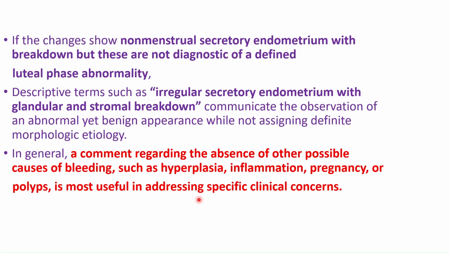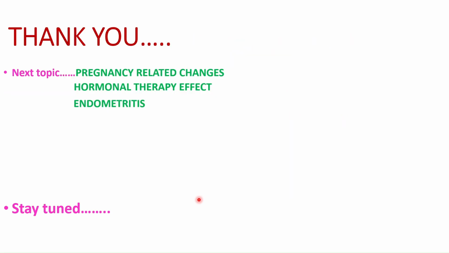So this is about estrogen and progesterone related abnormal uterine bleeding. Now, next topic we will discuss pregnancy related changes, hormonal therapy effect, and endometritis. So in summary,